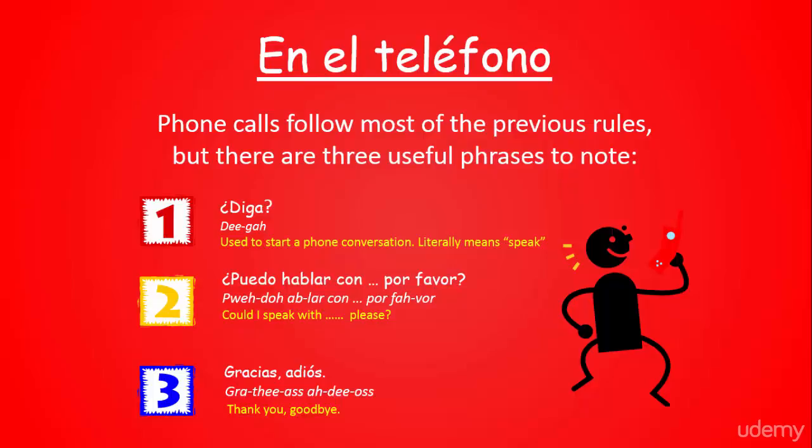So, en el teléfono, on the telephone. Now there's a slightly different protocol in Spanish compared to English. Whereas we generally start a call with hello and end it with goodbye, the Spanish phrasing is very slightly different, as you can see. So we have diga, and that's how we'd start our conversation. So instead of saying hello, we would literally start the conversation with the word speak. Diga. Then we'd move on. The person on the other end of the phone would generally say, Puedo hablar con... and then we'd put a name in there, so it could be Scott. Puedo hablar con Scott, por favor.